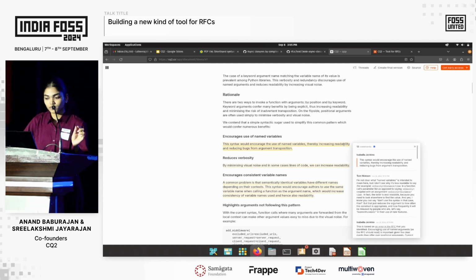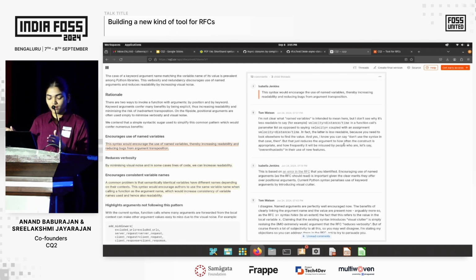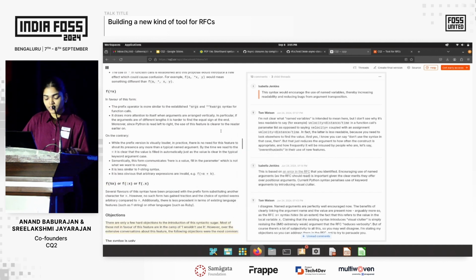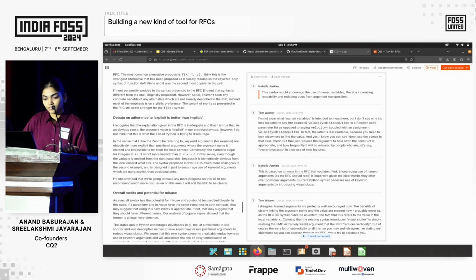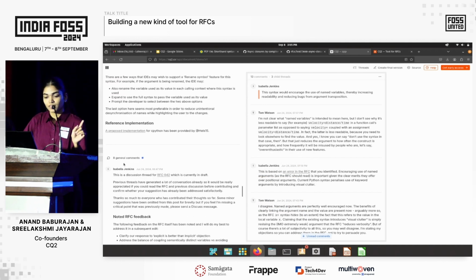So when I click on the highlighted text, an adjacent window opens up which has the comments related to this thread. Unlike the existing tools, we have a different section for general comments. So we have 8 general comments here, as you can see, and we have a different section for comments particular to specific threads.